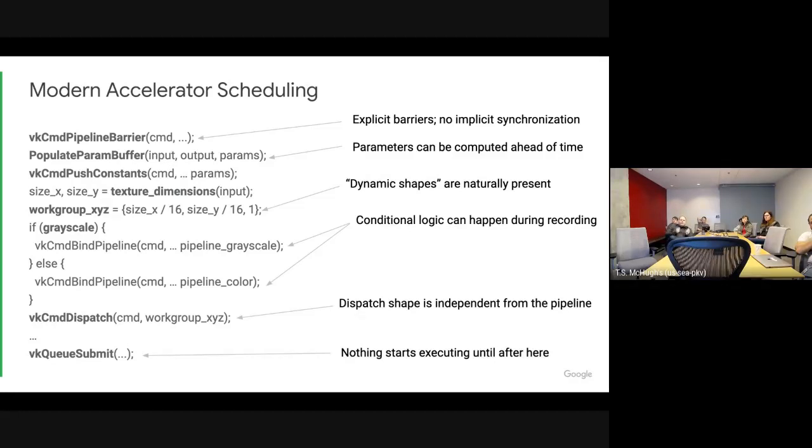There are no implicit barriers between your dispatches, and the code that you write to schedule these things often runs very separately in time from when the execution will run. Here, for example, I'm recording a command buffer, and if I don't include a barrier there, there's no implicit barrier to protect me from stomping over my own memory.